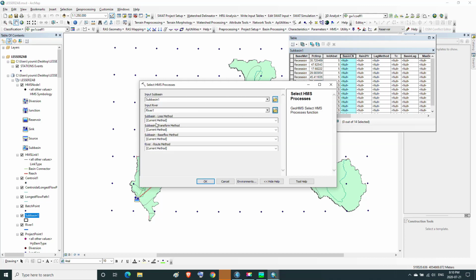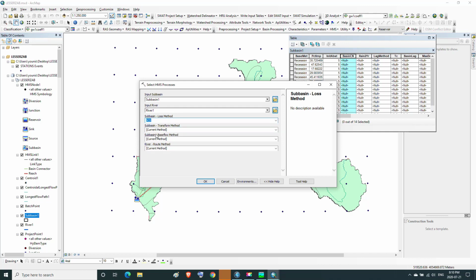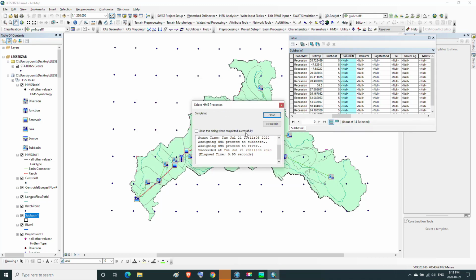In input subbasin, we choose subbasin 1. In input river, we choose river 1. In the subbasin loss method, we choose SCS. And we leave other options as they are. Then we press OK. Then close.